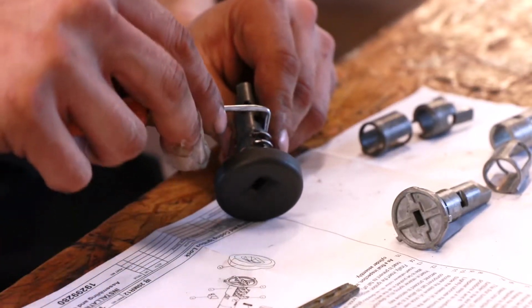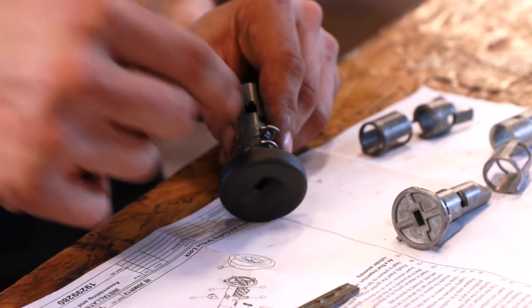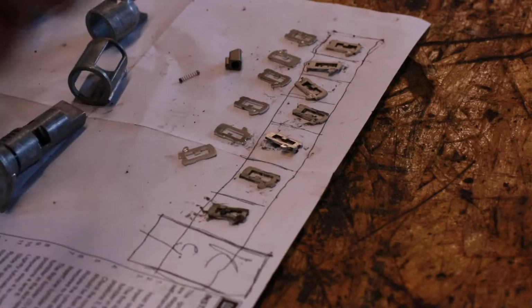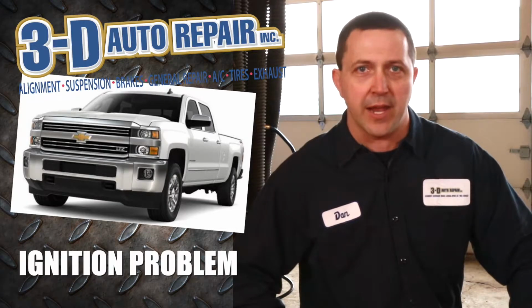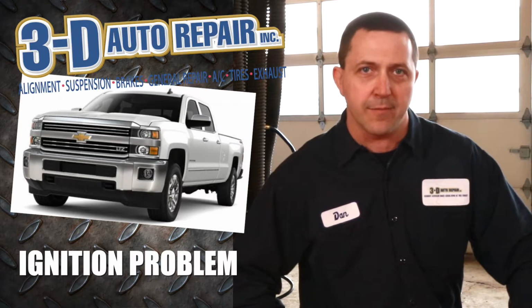As you can see here, we have to key the new ignition lock cylinder to the original key to make sure the customer doesn't have to have two keys. It's kind of a pain, one for the door, one for the ignition. So by taking a little extra time and doing this, we keep the key the same for the door lock